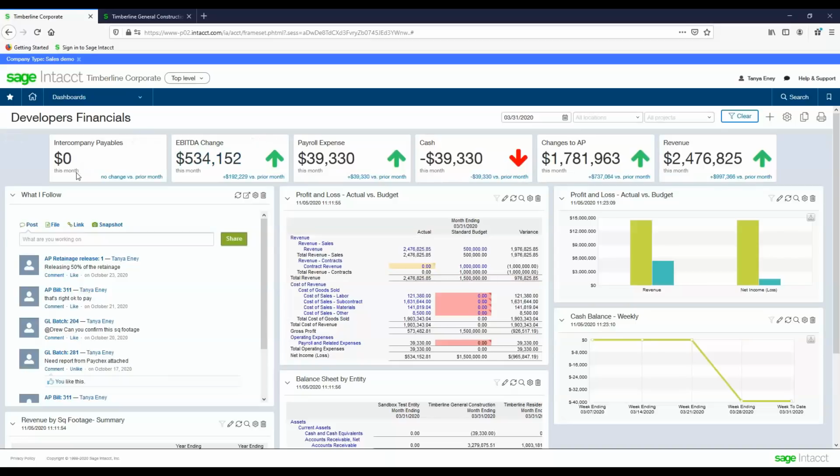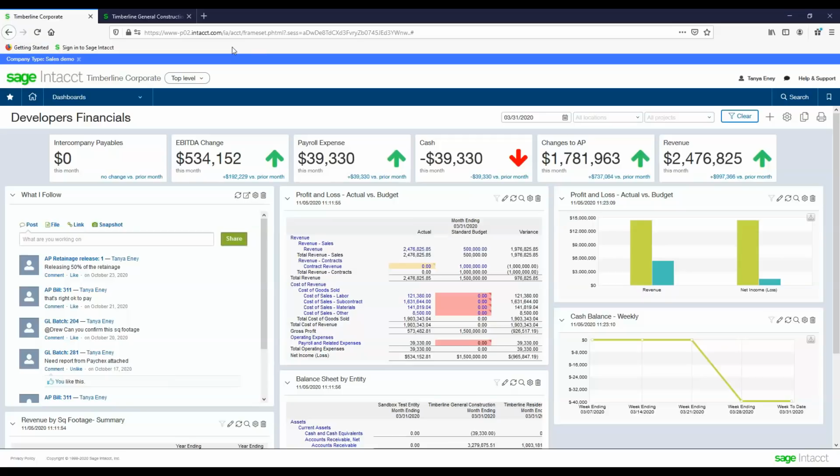So let's look at what a modern financial solution looks like. Right now, we're looking at our Sage Intacct. I'm on one of the many dashboards that are available. It has a very modern user interface. It's all web-based. That's one of the benefits of Sage Intacct. I don't have to have a server. I just need to have access to a browser, and it can be any type of browser, and I can